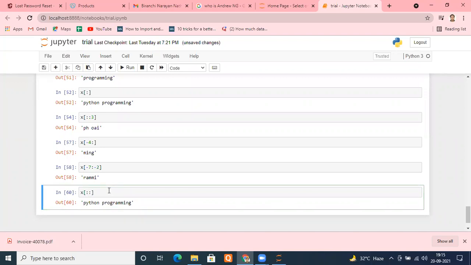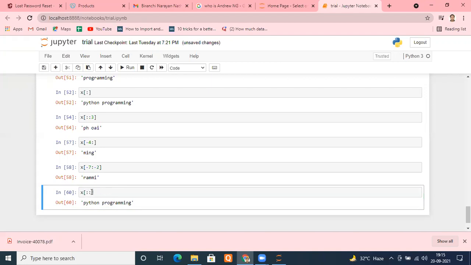Once you put a minus sign, it understands I have to travel backwards. Yes, sir.